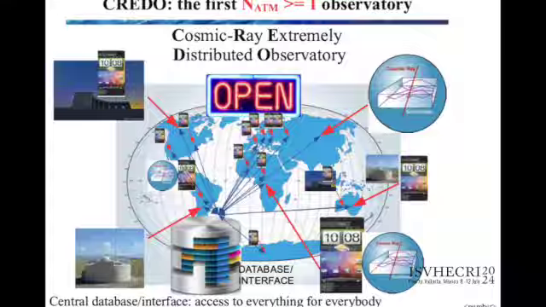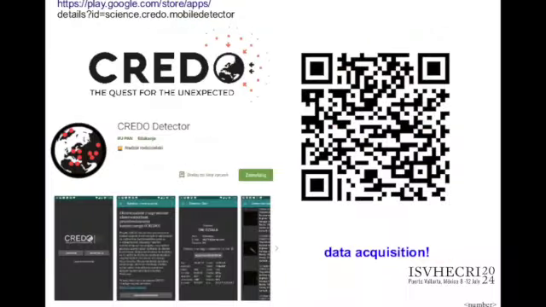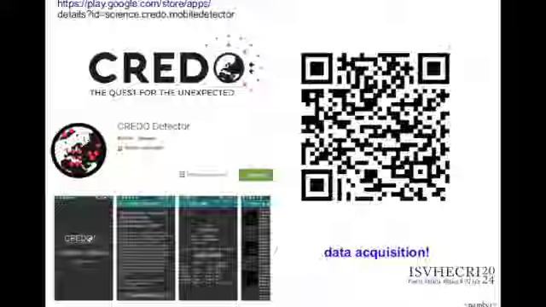So this is how this has started, just by having the first approach, the usage of smartphones. So the information that is collected in the smartphones is concentrated in a supercomputer here in Krakow, and later is used for analysis of different types of reconstructions and so on. This is the app that is available basically for every smartphone, both in Android and iOS, and the type